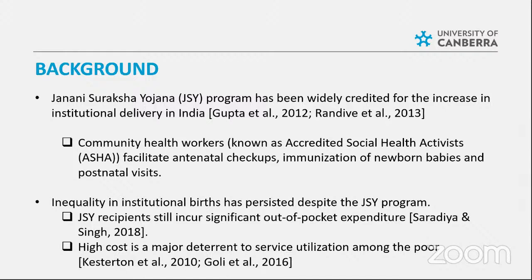The program was implemented in 18 high focus and 10 low focus states. High focus states were states with poor economic record and poor maternal and child health outcomes, whereas low focus states were the ones that fared better both economically and in terms of maternal and child health outcomes. So as you can see on the slide,